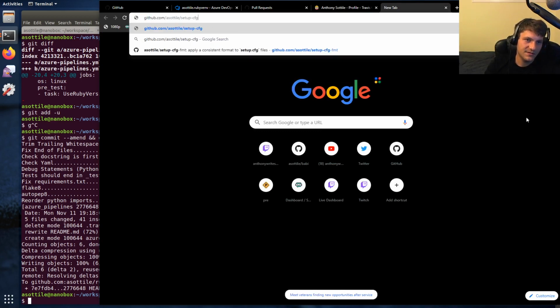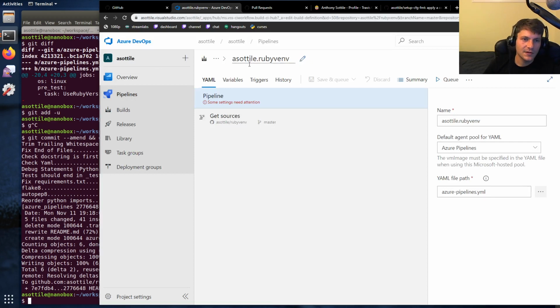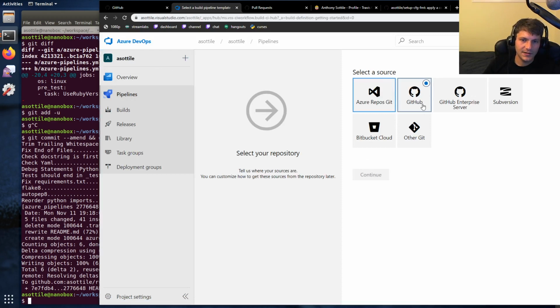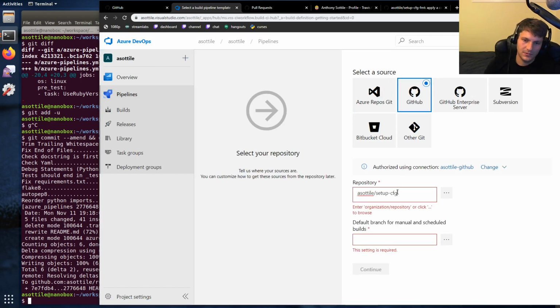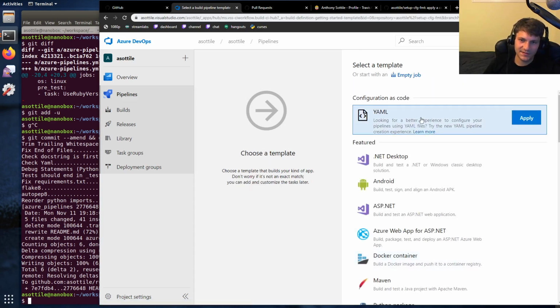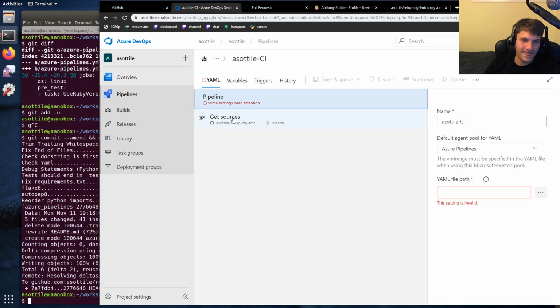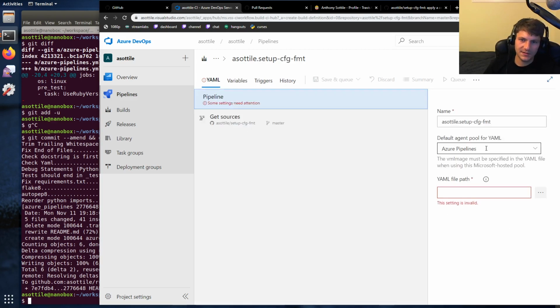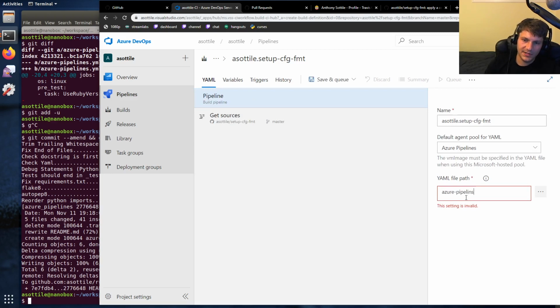Setup CFG format. Let me do the boring stuff first. New pipeline, classic, GitHub. Typed too fast, so it broke the box. Asottile/setup-cfg-format triggers this build. Yes. Azure Pipelines. YAML. Save. Okay, so that's the boilerplate that I have to do just to enable one thing, which is pretty